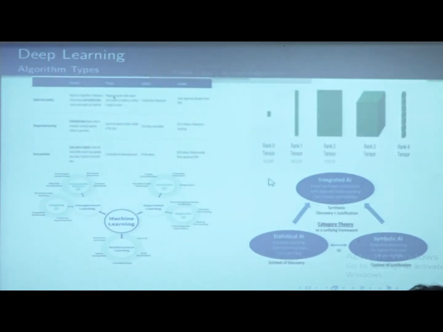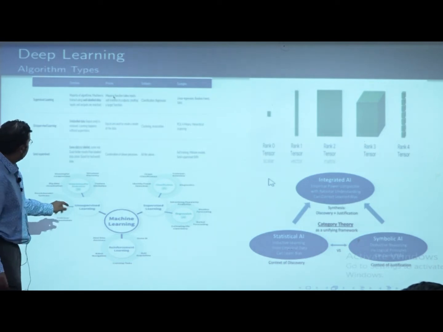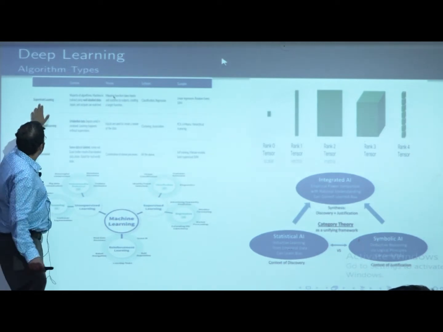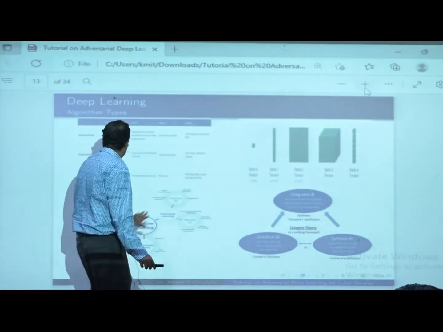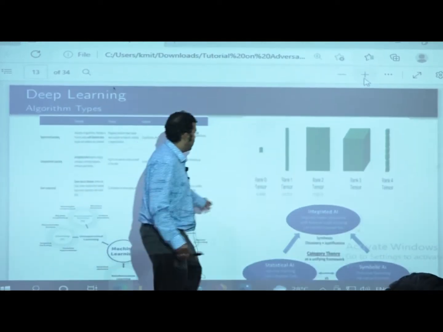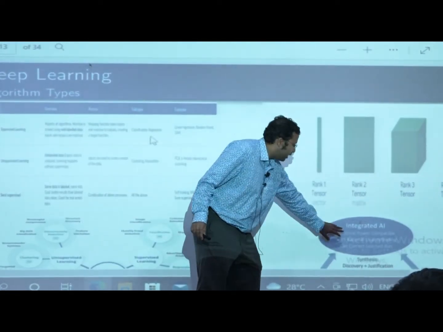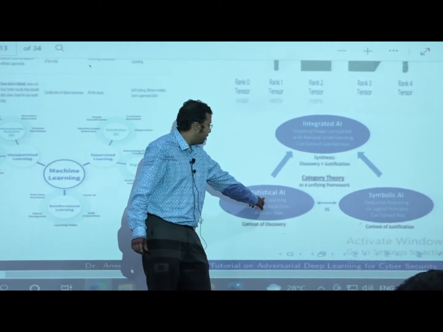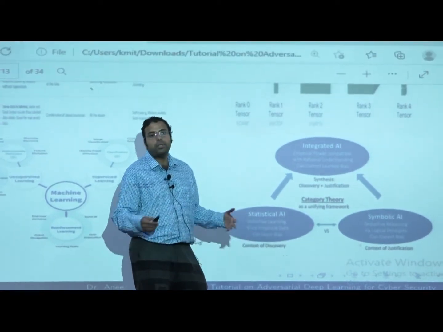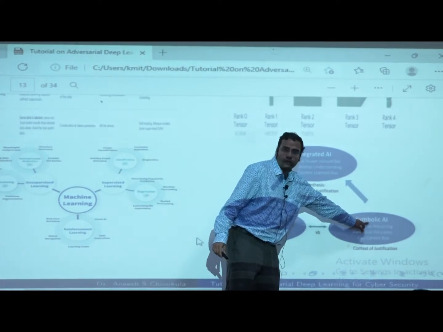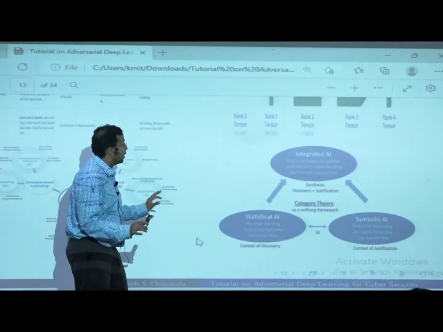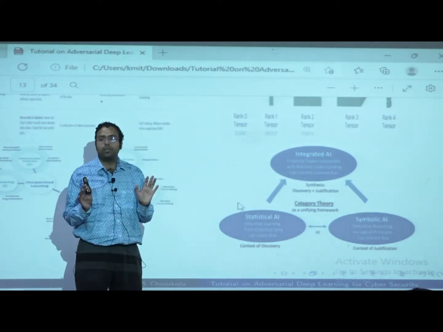Okay. And here are some examples of applications of machine learning, like recommender systems. So people generally ask what are the types of machine learning. So these are the types, for example, supervised learning, classification and regression, and applications are things like recommender systems. And there are different kinds of AI which are possible around that. So if you use a statistical framework, that's like distributions and samples, that's statistical AI. If you use rules, that's symbolic AI. And normally, typically we integrate different types of AI paradigms, and now we have to introduce deep learning, where we